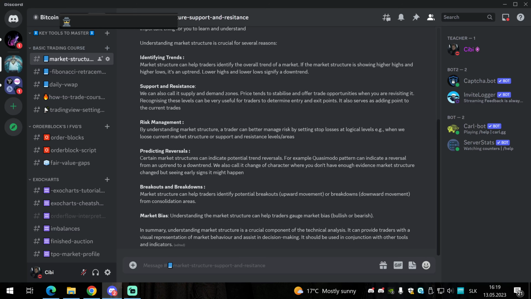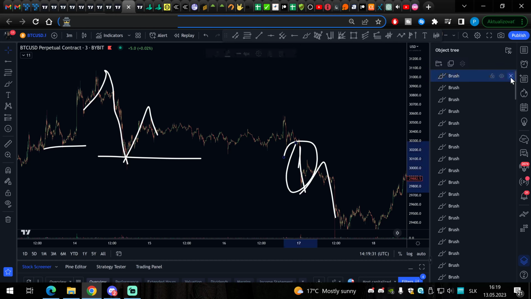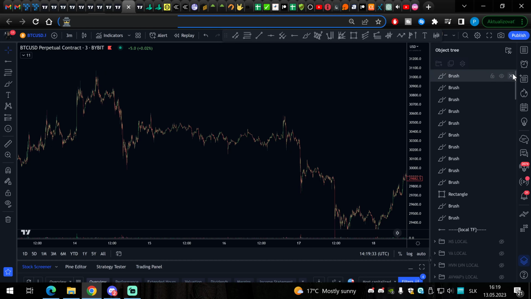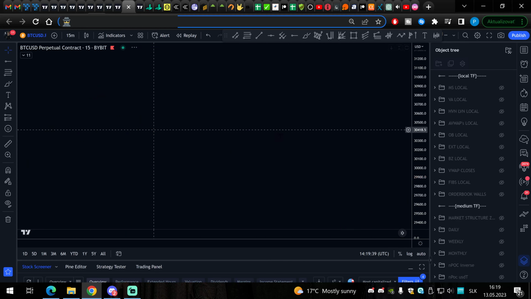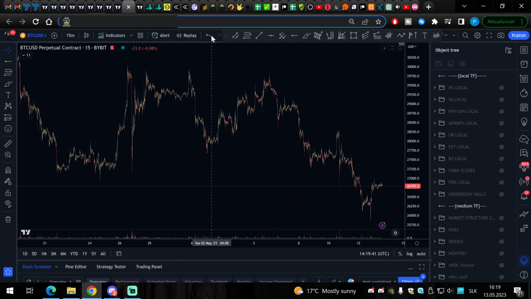So in summary, understanding market structure is a crucial component of technical analysis. It can provide traders with a visual representation of market behavior and assist in decision making. It should be used in conjunction with other tools. Okay, so I was doing a lot of driving today, and now let me show you what you should actually do. If you are a more advanced trader, you will create folders inside your